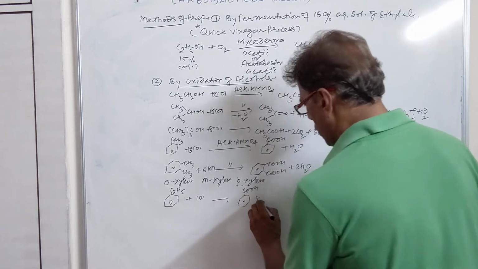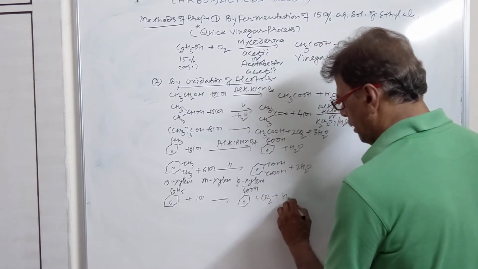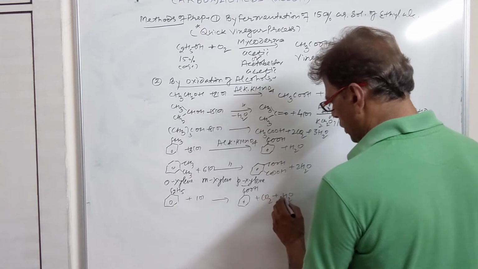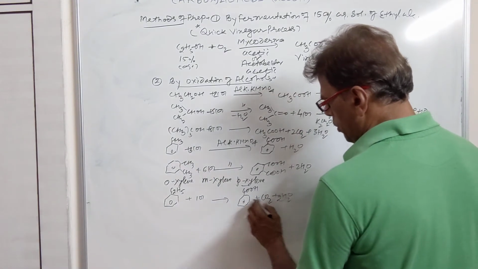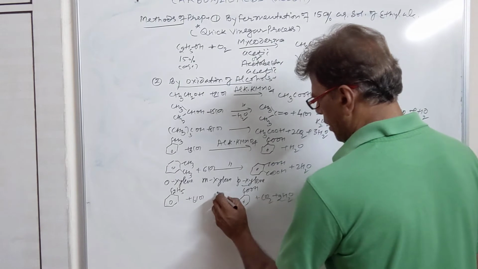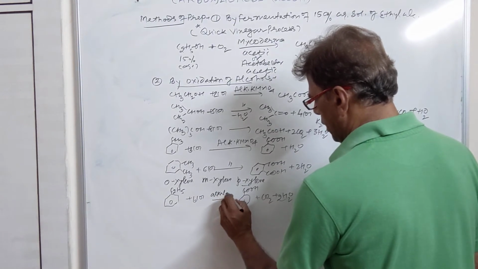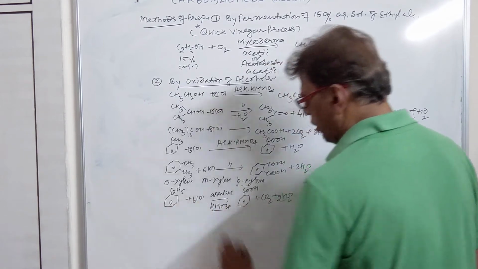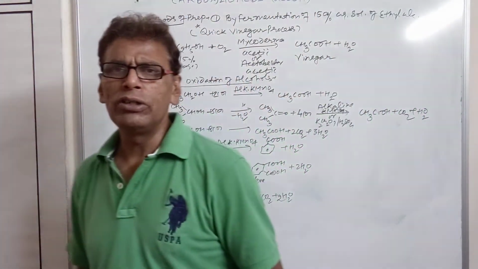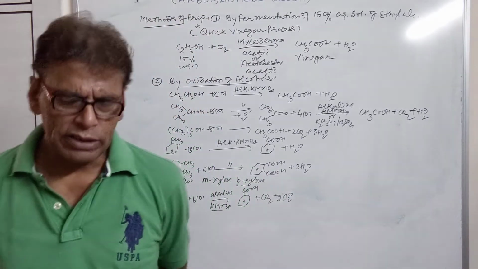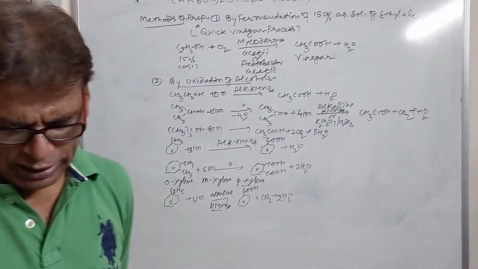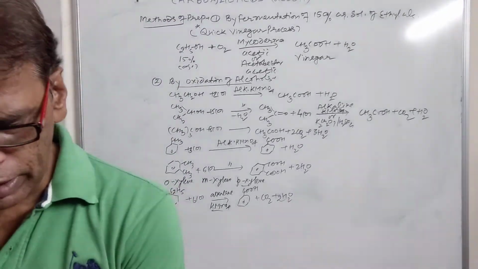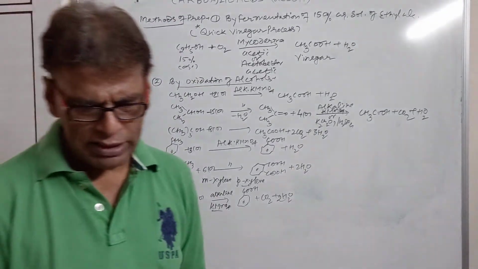Other carbon will be going out in the form of carbon dioxide and water will be produced here. So you have 5 hydrogen here, we get 2 water here, oxygen will be 6, so we will be adding 6 here. The catalyst is alkaline KMnO4. So whatever be the nature of the alkyl group, you will be reducing that alkyl group into COOH carboxylic group through oxidation reactions. So there is no panic in doing the oxidation of alkyl group present in the benzene ring.